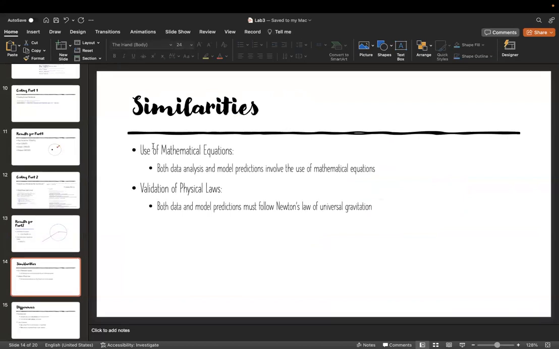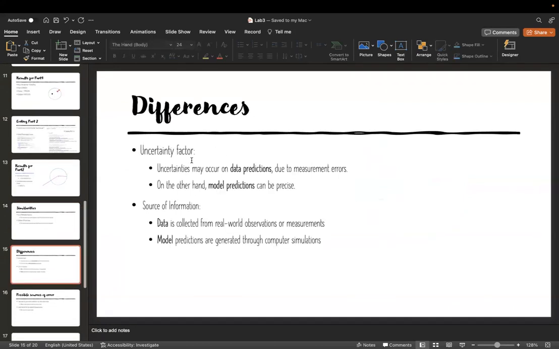Now, similarities: use of mathematical equations, both data analysis and model predictions involve the use of mathematical equations. Then the validation of physical laws, both data and model predictions must follow Newton's law of universal gravitation. And differences, we have the uncertainty factor. Uncertainties may occur in data due to measurement errors. On the other hand, model predictions can be precise. Then the source of information: data is collected from real-world observations or measurements, whereas model predictions are generated through computer